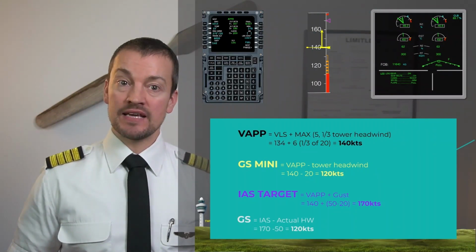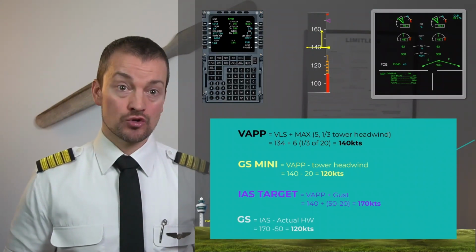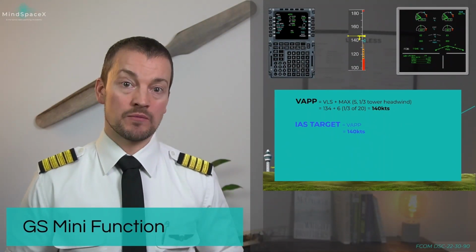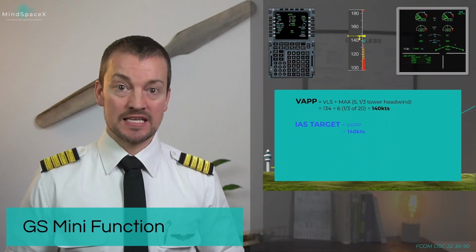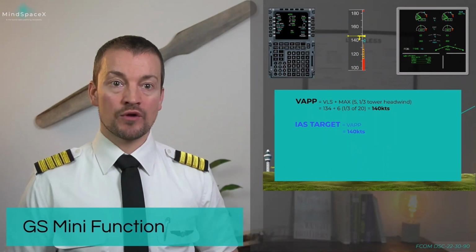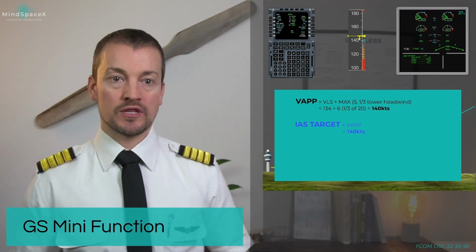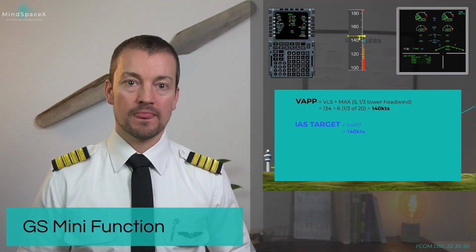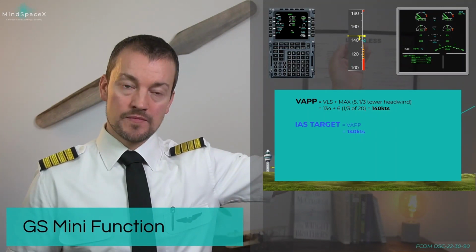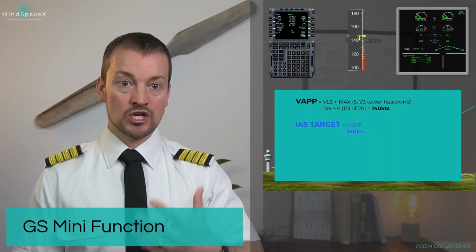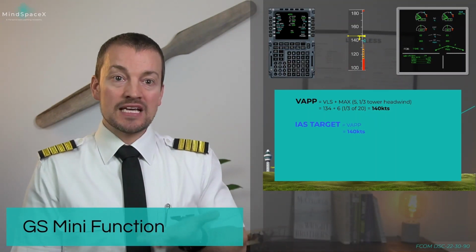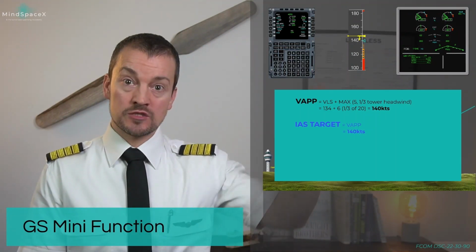Let's look at what happens if we have selected speed, so the ground speed mini function is not available. In this case, the target speed will still be 140. It can't change because it's not dynamic anymore with the ground speed mini function off. You will get an initial increase because of the gust in lift as well as the forward speed,